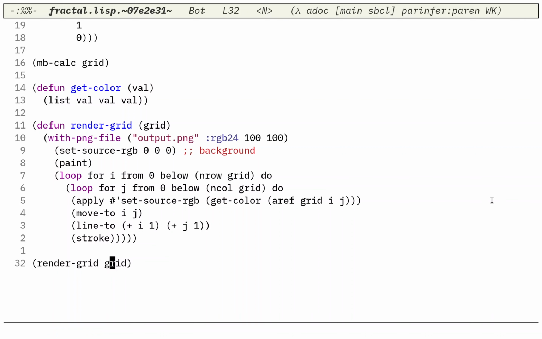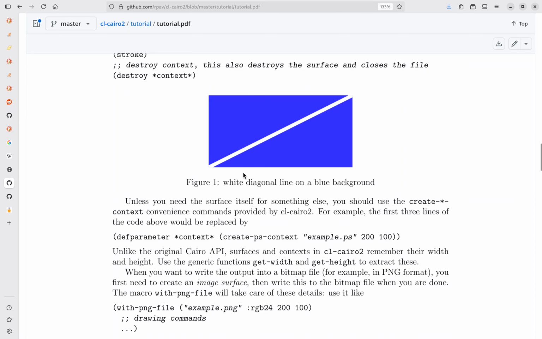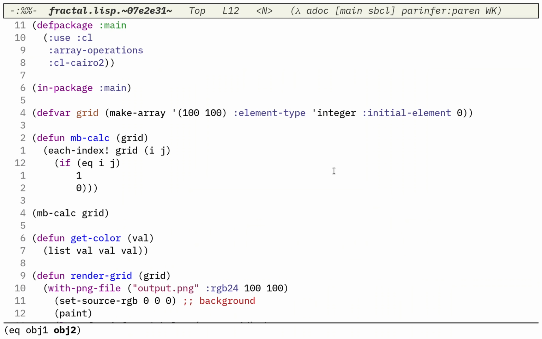and this render grid will do this render, right? But just to have some kind of difference in the array, I have this extra function which I'm going to compute, and the idea of this function is to simply set the diagonal values i comma j to 1. Just like this example that was shown here, something similar to this, just to get your feet wet, I'm just going to set the diagonal elements of this grid to 1